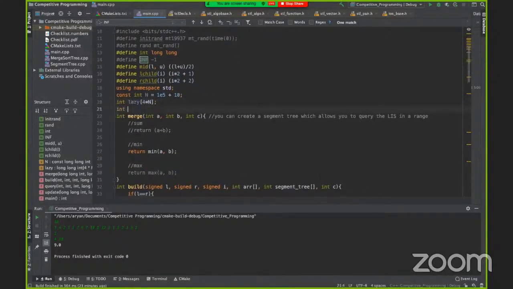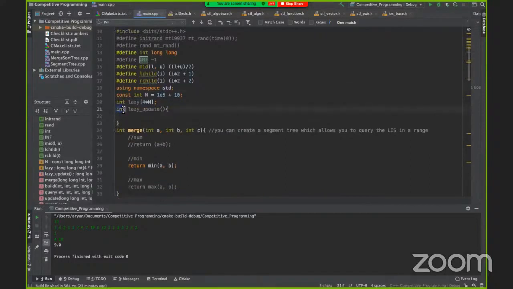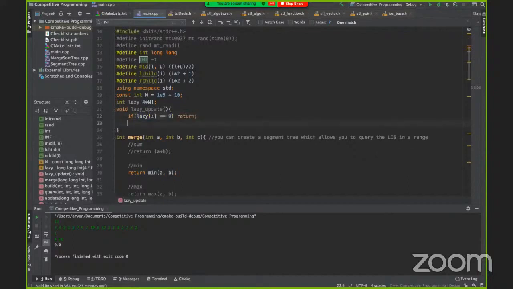Let's define the lazy update function. It's void. If lazy[i] is equal to 0, then we can return, nothing needs to happen.